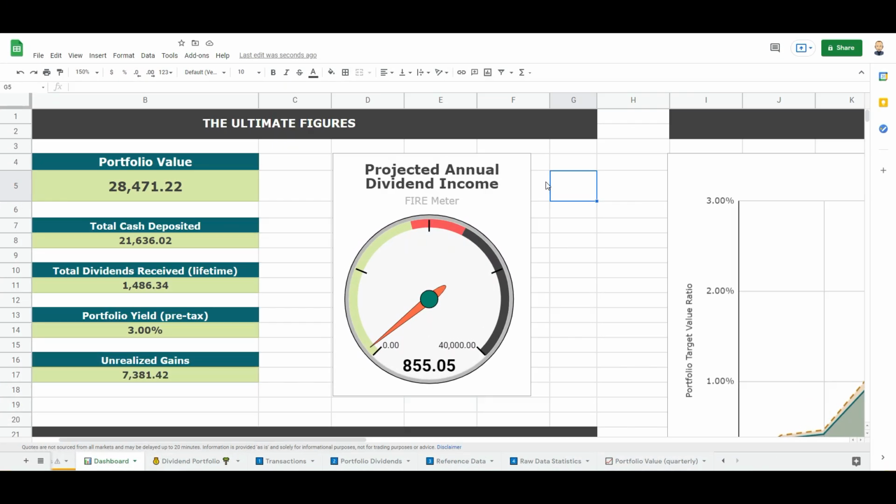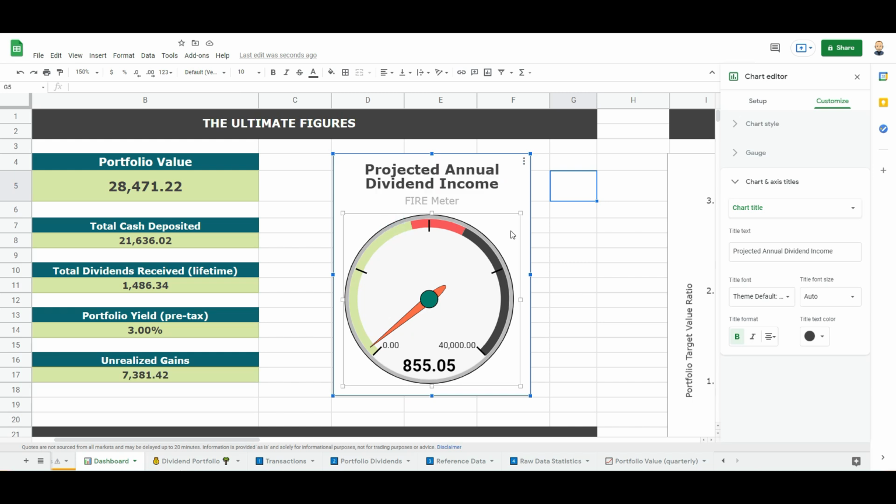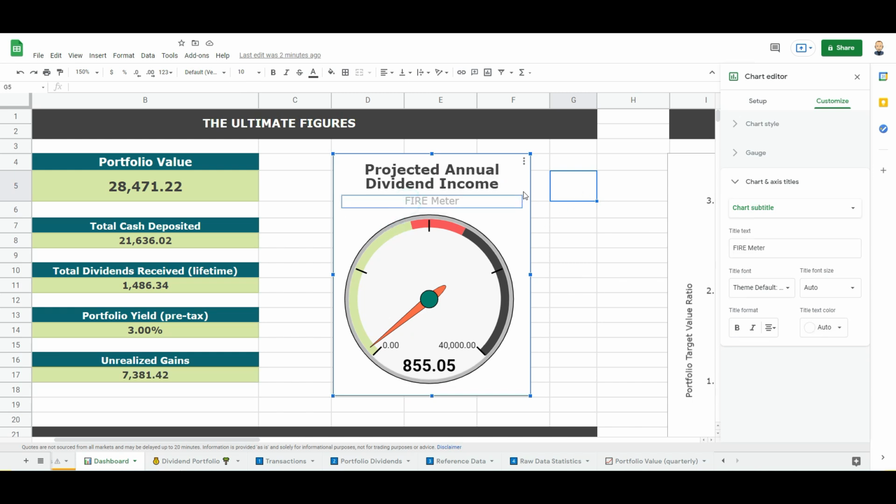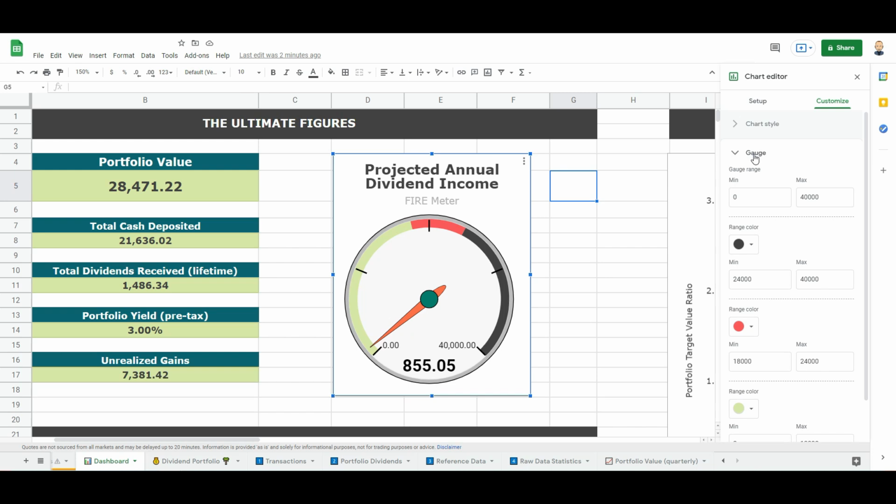Okay, so the first thing we still need to do from a configuration point is here. You will know what your projected annual dividend income needs to be at retirement. In this case, it's pre-configured with 40,000 euro. But let's assume that it needs to be 50,000 euro. What can we do? We double click the graph, or you go to the three dots and then you say edit chart. And based on this, you can now change the configuration here. So where do you do that? You do that in the gauge, you click it and it drops down. You see the minimum range and the maximum range. So let's change this to 50,000